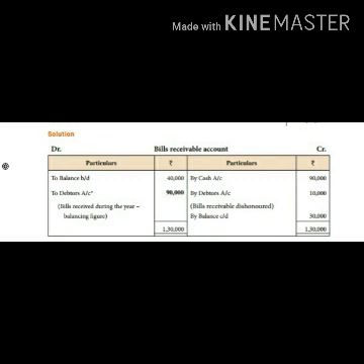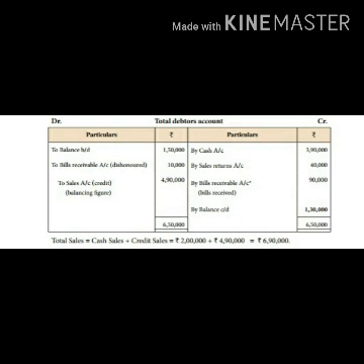Then you write sales return. Sales return how much? 40,000 sales return in credit side. Then next, closing balance. Closing balance how much? 1,30,000. Then you write bills receivable 90,000, cash bills received. So what we calculated in previous, the bills receivable is posting into here. Then you write bills receivable dishonored, where it appears in debit side of the debtors account.